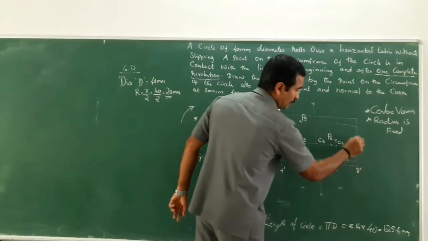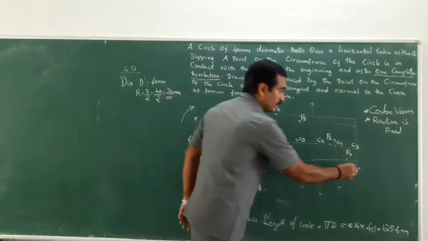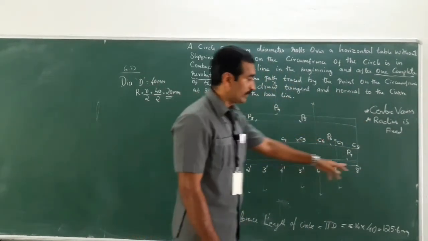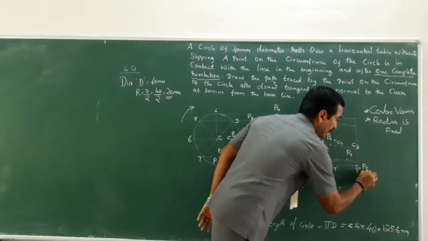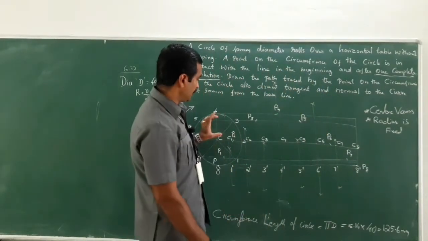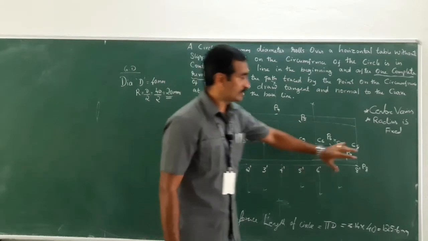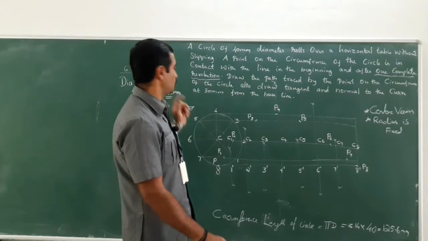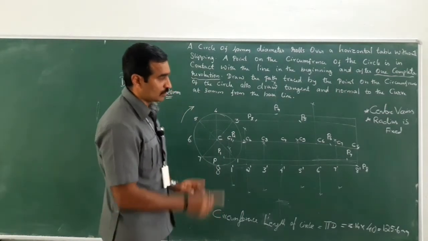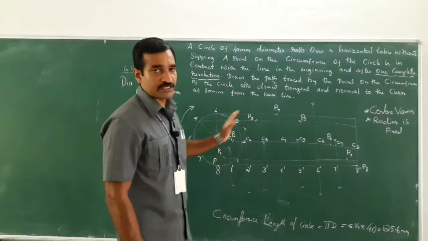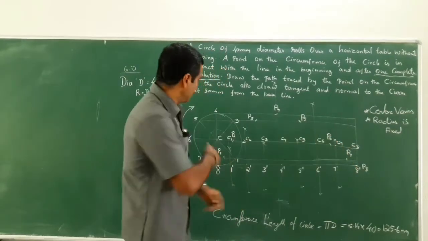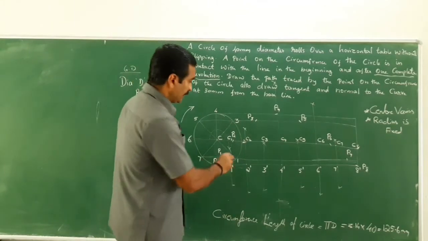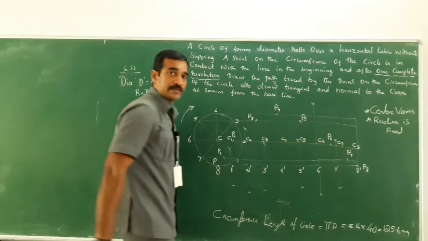When you keep the compass at C8 and rotate it, it will exactly cut at point 8 dash. This could be P8, because the radius of the rolling circle and the center to the baseline remain the same. It is the same value, that is 20 mm radius, right? So what I have done here is traced out all the points. When the rolling circle starts rotating in the clockwise direction, it leaves some points, right?